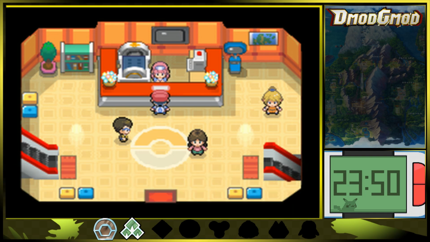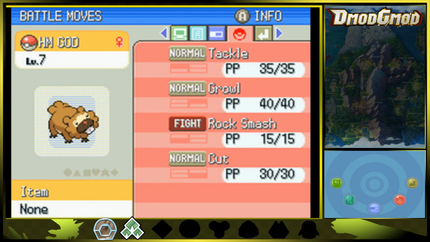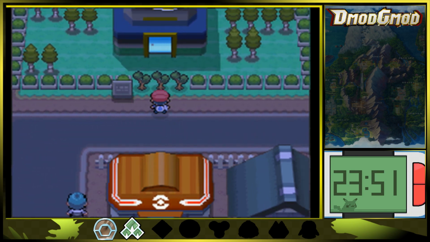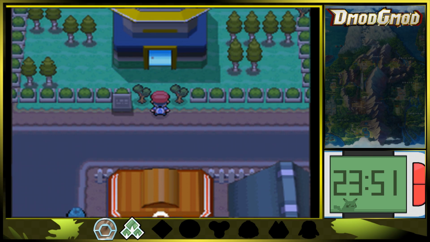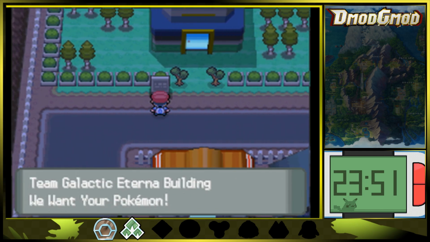And as we just got told, we can now use Cut outside of battle, which means I think I already told my HM God. Yeah, I did. All right, cool. There you go. As you can see, we have Cut over here now. So now HM God can use its mighty beaver teeth powers to chomp down these trees. HM God, Cut. Hiya! And just like that, we can now enter the Team Galactic building,